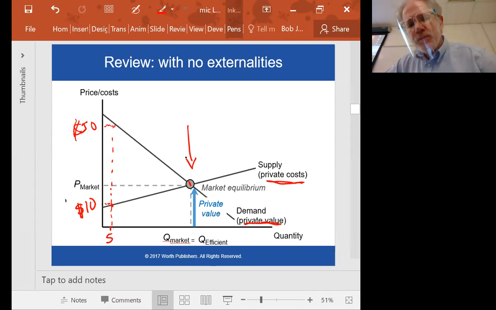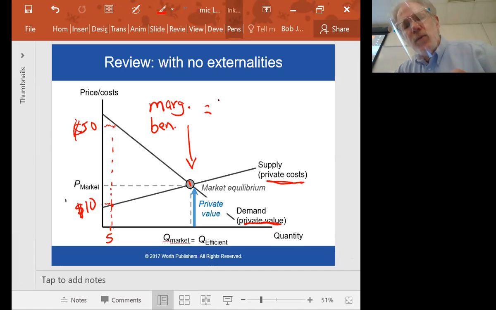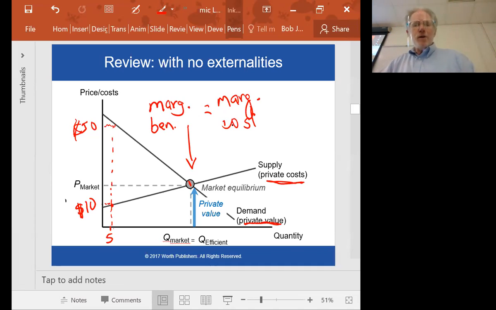But we said also, if you look at that very last unit, the marginal benefit, or the value of that very last unit, is equal to the marginal cost of that last unit. So if we're in equilibrium, let's say the equilibrium price is $20, and let's say this is 200 units,